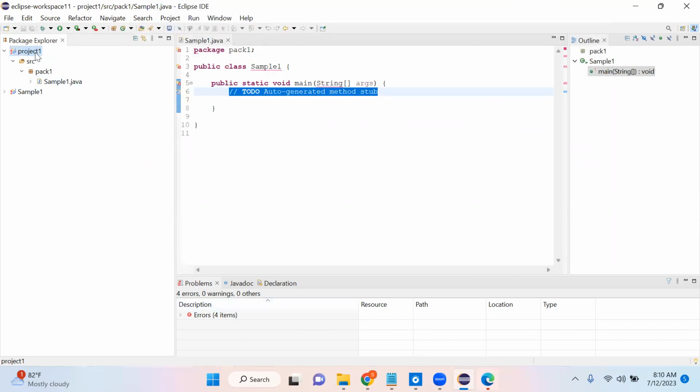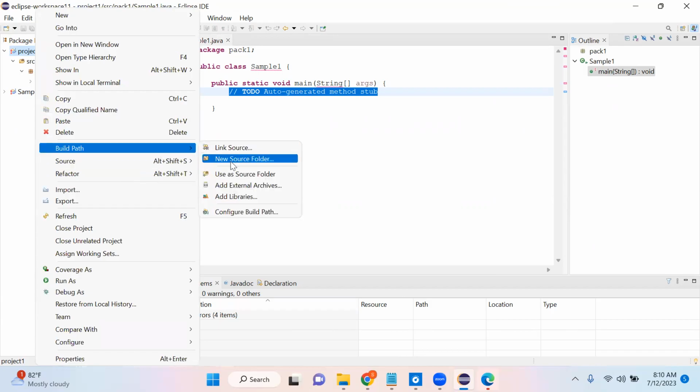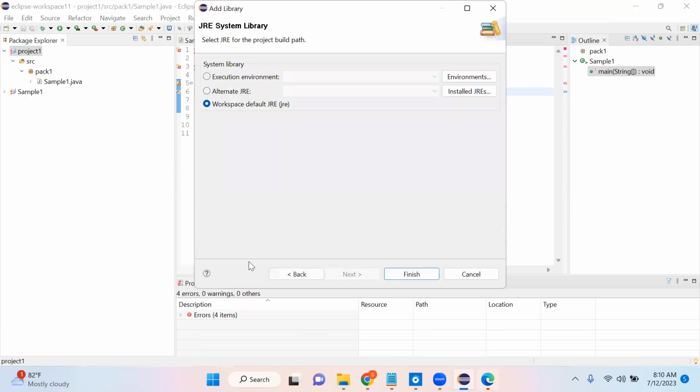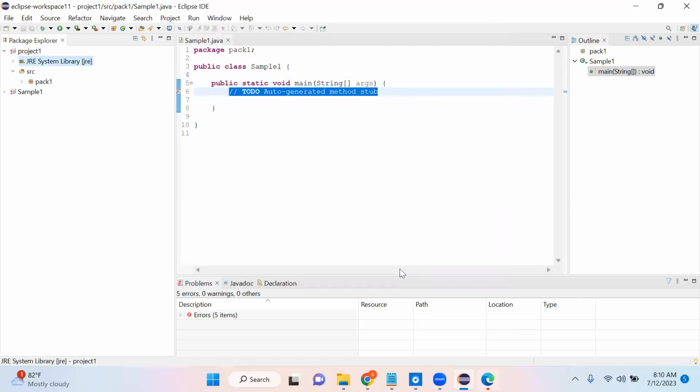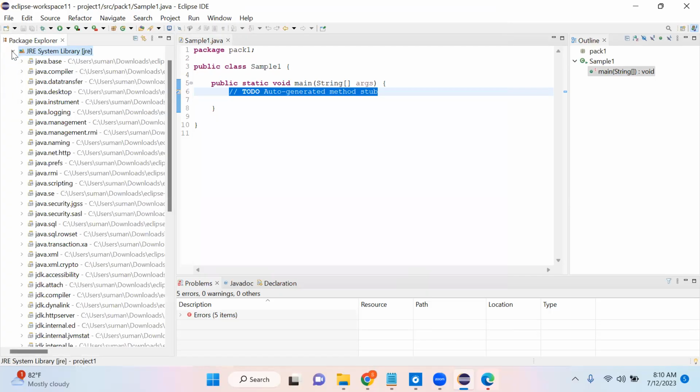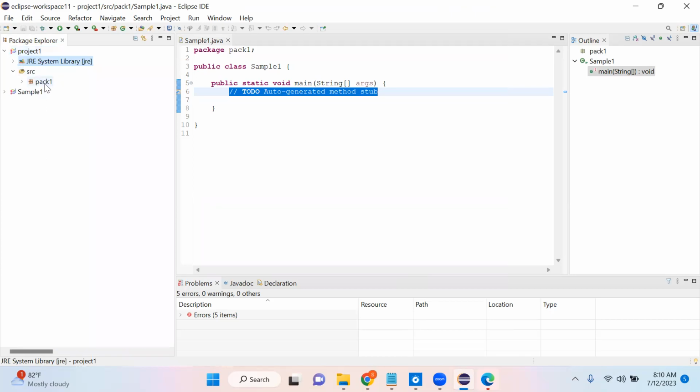Right click, go to build path, go to add libraries and JRE system library, click on next, use default, click on finish. See, this is how you should get this library. If you don't have this library, whenever you write your Java code, you can't run your Java code. This is the class that I had created, and inside it,